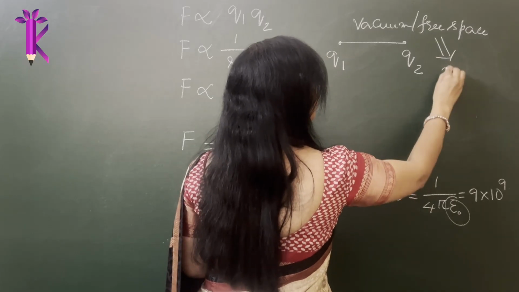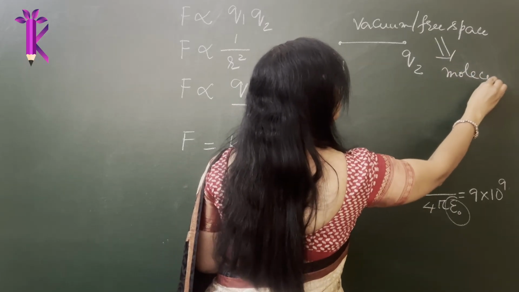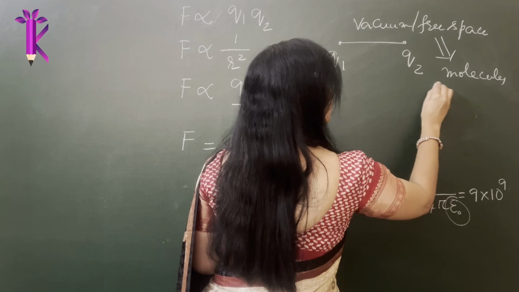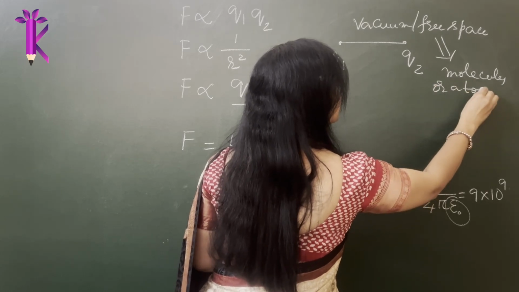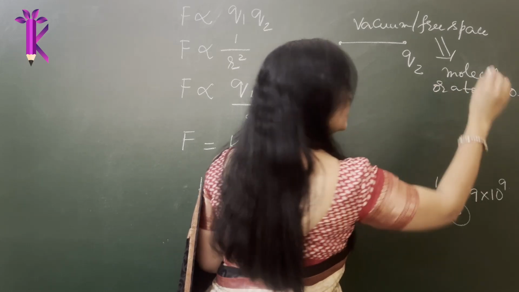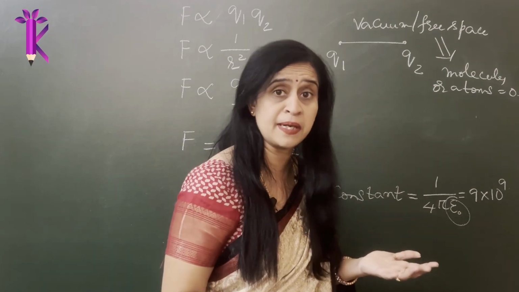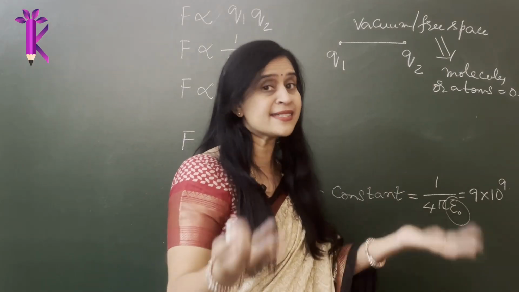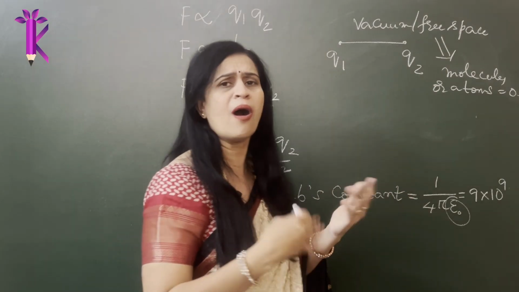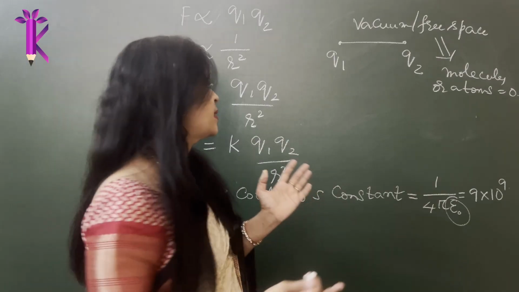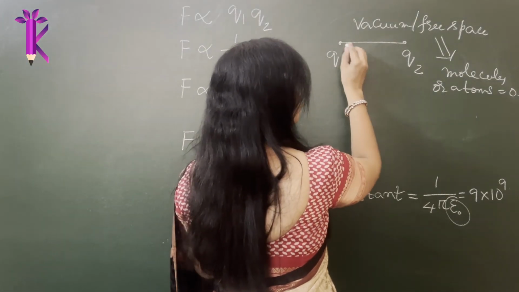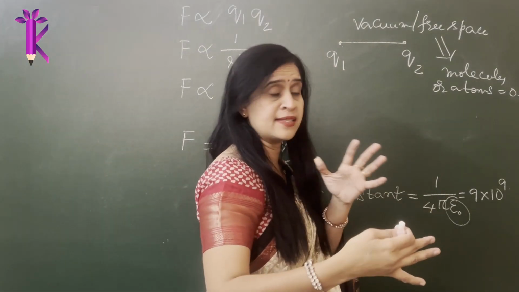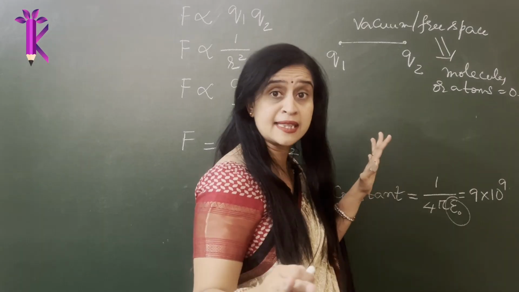What is the number of molecules or atoms present there? So the number of molecules or atoms present in such an ideal case is 0. Right? It is negligible. You have literally removed, in an ideal case, all the atoms. There are no atoms present. There is nothing in between these two. They are just separated by a distance. Absolutely nothing in between them.